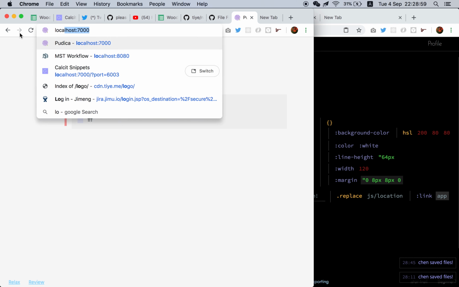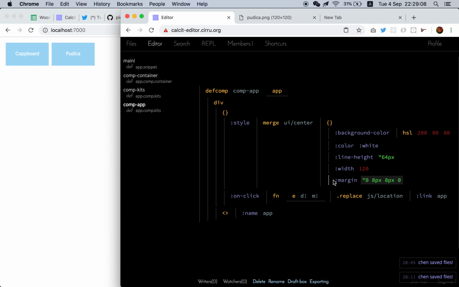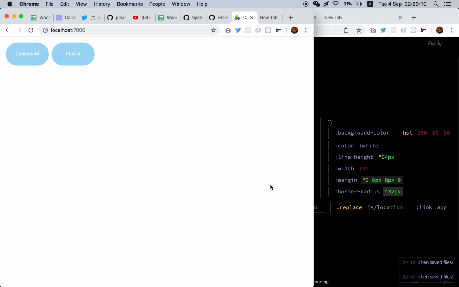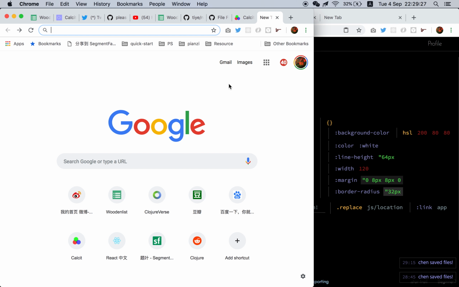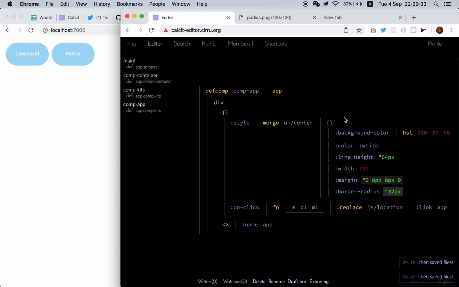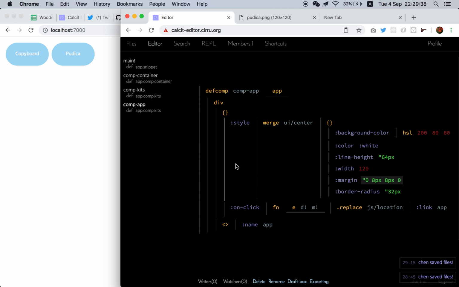So it just began to work with a very simple page with two of my icons, which looks very bad for the radius. So RESTful is enough for me to play with my pixels, my pages, to create my pieces, and it's hot code replacing and Shadow CLJS based, and it's ClojureScript based. Anyway,